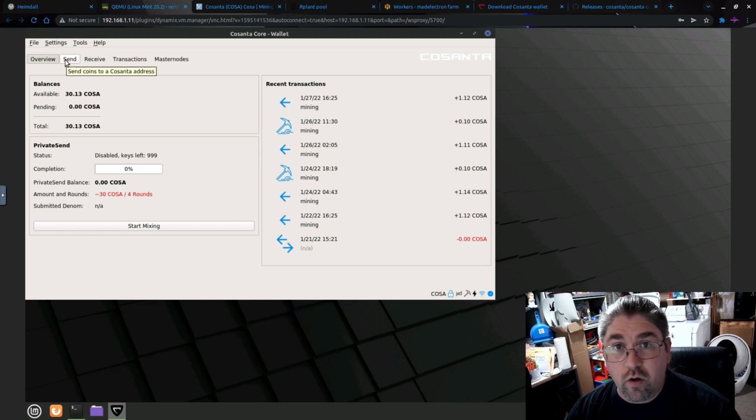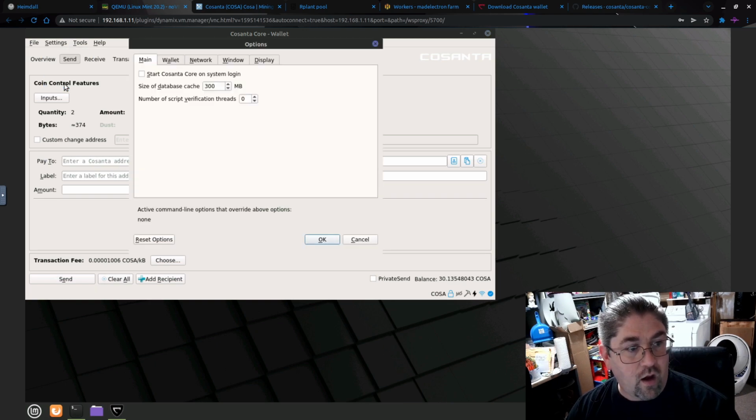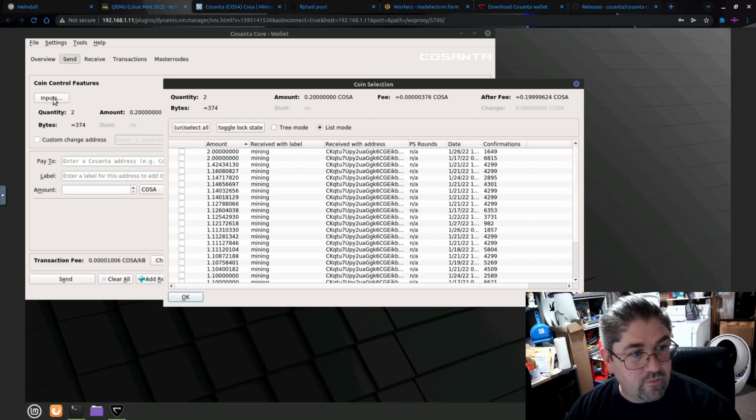So to make sure, see here, this is usually disabled at first. We're going to go up to settings, options, wallet, and then right here, enable coin control features. You've got to make sure you have this part on, so this way we can get this information. Now, if you click on inputs, now you can see on my wallet the different denominations I have saved on